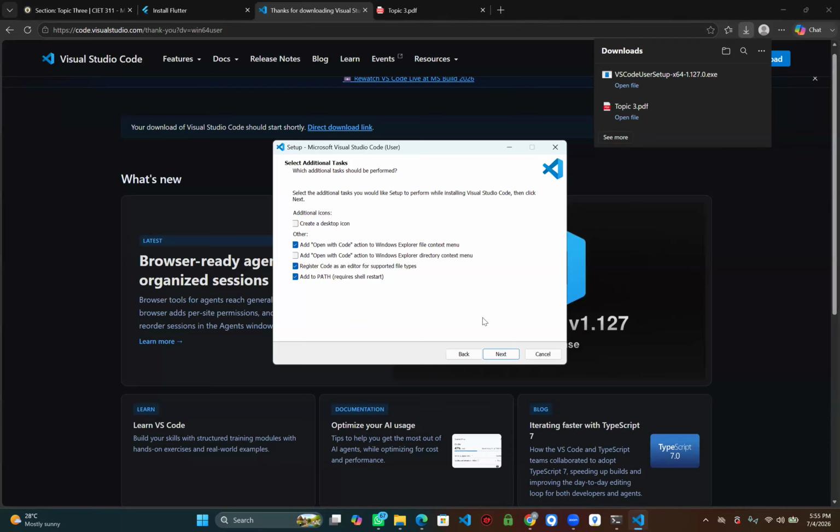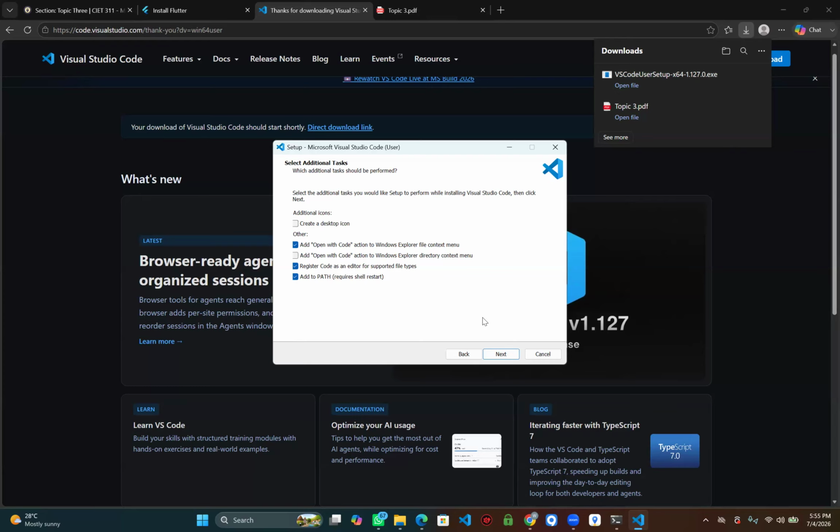No, it's not here. Can't find it here. In which drive did you unzip, extract the Flutter? Downloads.